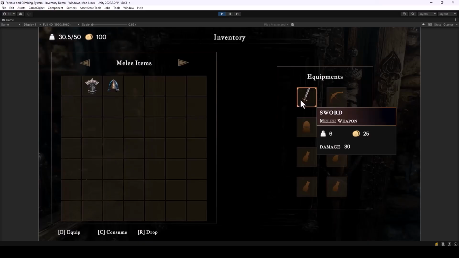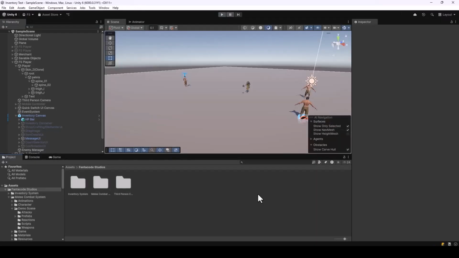The damage of a weapon will be based on its damage stat. So for the sword, the damage stat is 30, so it will inflict a lot of damage. So let's look at how the damage calculation works. And it will also give you an idea on how to modify the damage calculation to suit your own games. So the damage calculation is in a script called DamageCalculator. So I'll just search for that. And here you can see the script called